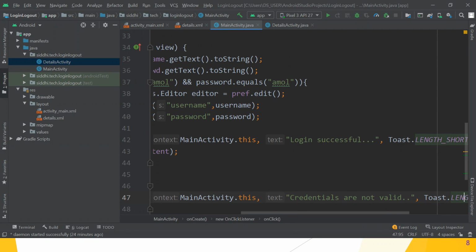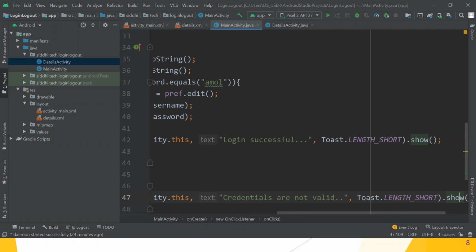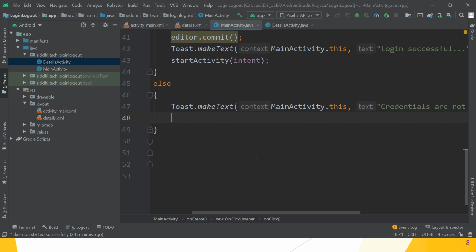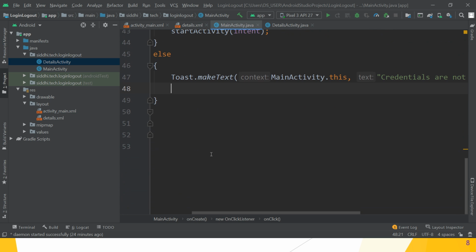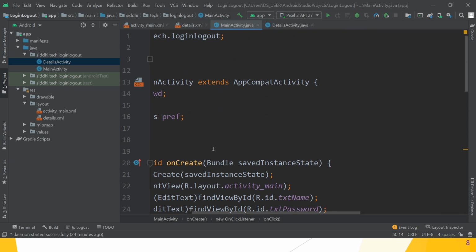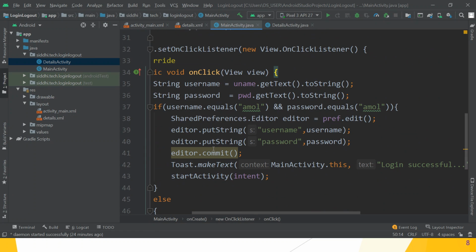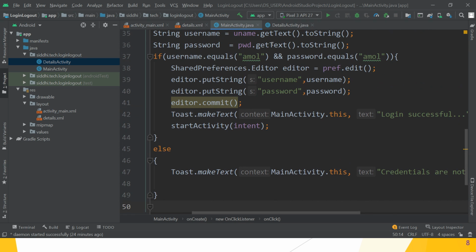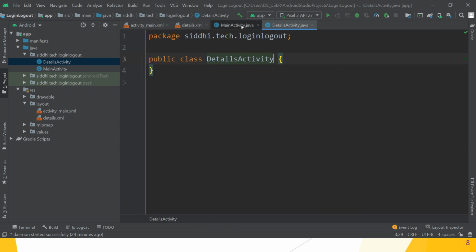Great guys. Hope you understand all these things. So this is all about if else. Great. After that, in main details activity dot java, what we have?